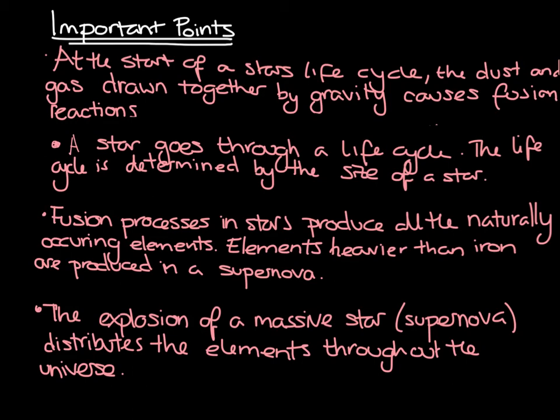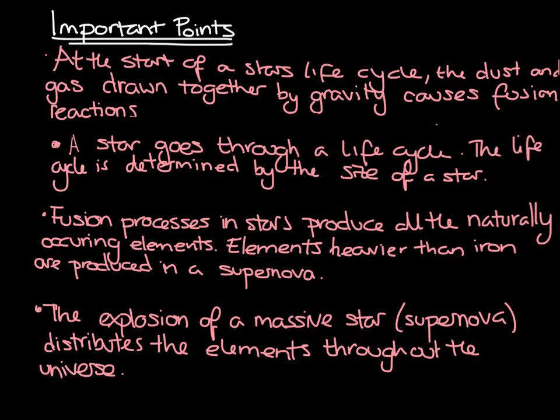Third point, fusion processes in stars produce all of the naturally occurring elements. Elements heavier than iron are produced in a supernova. At the beginning of the universe, there was just hydrogen. Every other element that we have in the periodic table on Earth has been made in a star by fusion. Any element bigger than iron needs so much energy to fuse together that it was made in a supernova. And then finally, the explosion of a massive star, which we call a supernova, distributes those